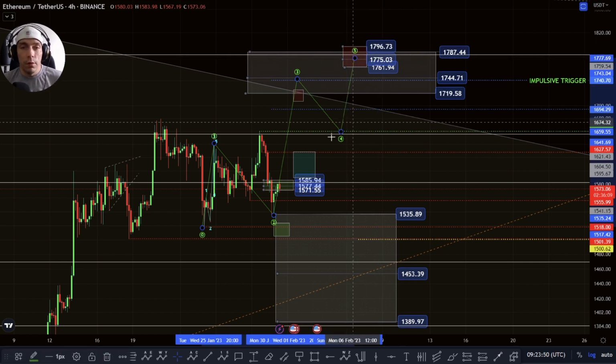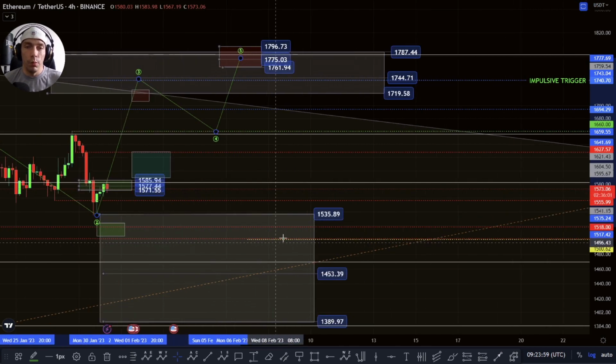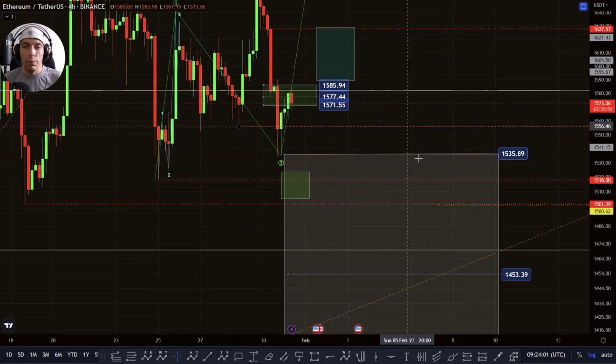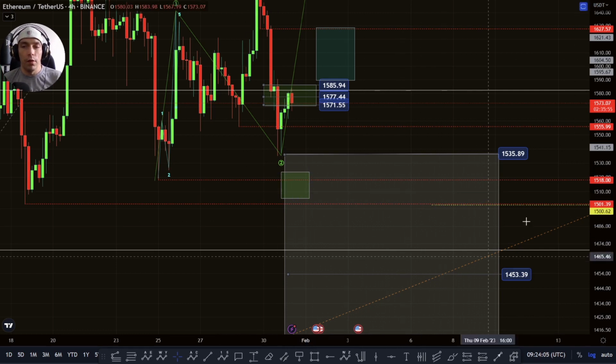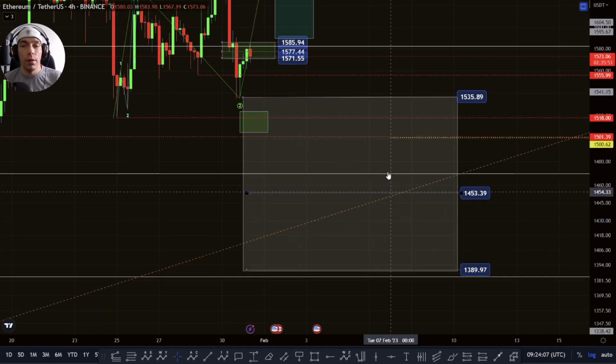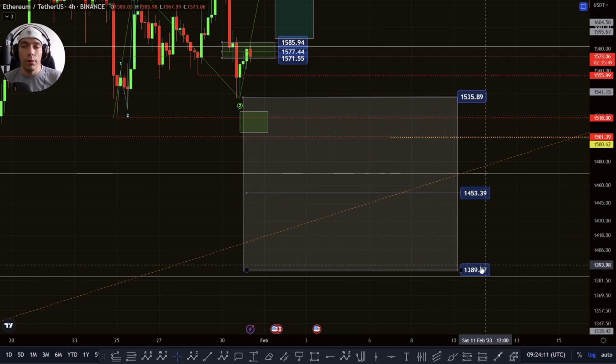We've got a few things that we need to watch here. For as long as we hold this below the 1660, and if we get rejection in this 1585 to this 1571, we could still be looking for that push further down. 1500 would be a one-to-one target, so that's an interesting area. If we do push through that, basically this zone of this 1453 to this 1389